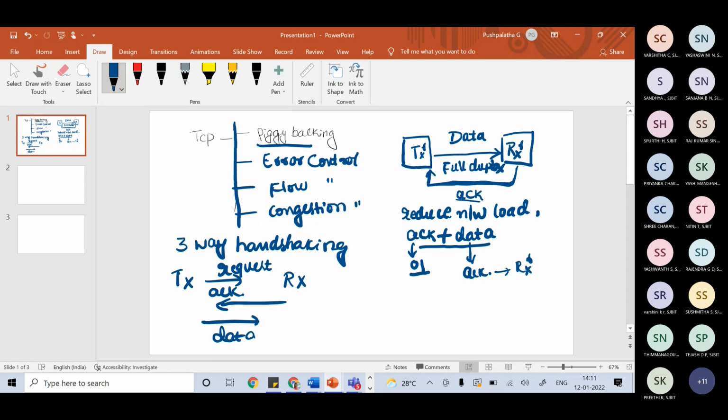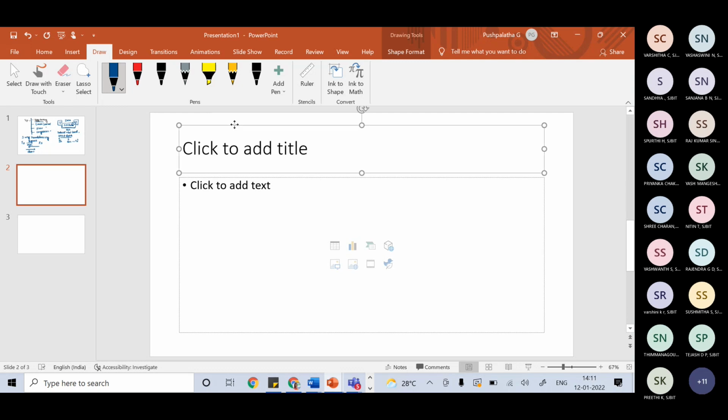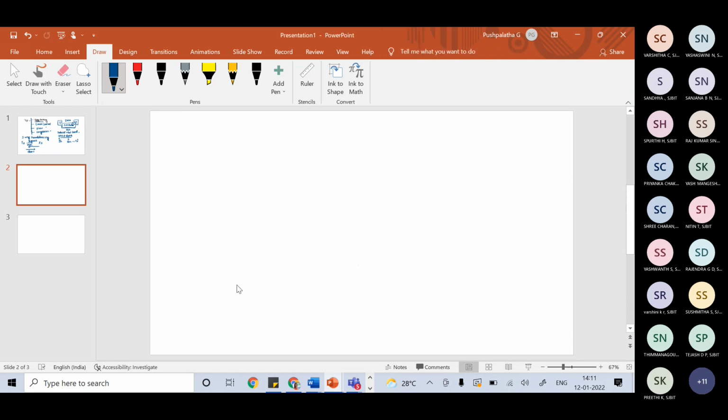When I talk about the well-known ports used by TCP, let me tell you. With respect to TCP, we know what a port is. Port and port numbers we have already discussed in the previous class. And we also know some of the types of ports, and among them we have something called well-known ports. So these are the well-known ports which are used by TCP.